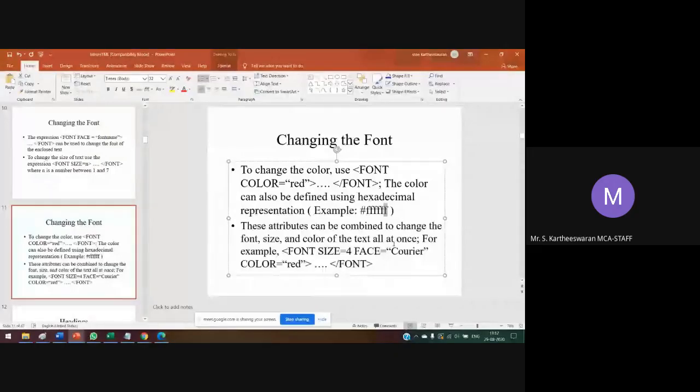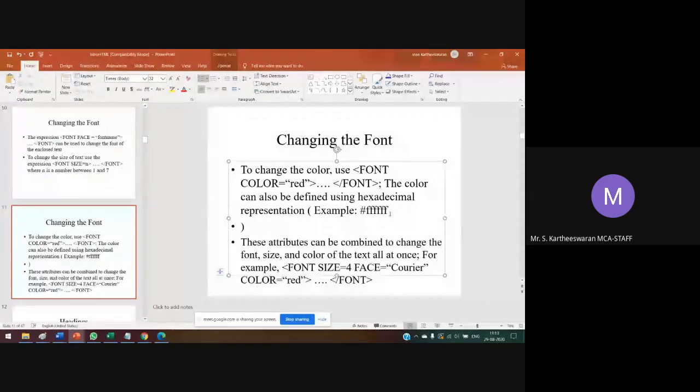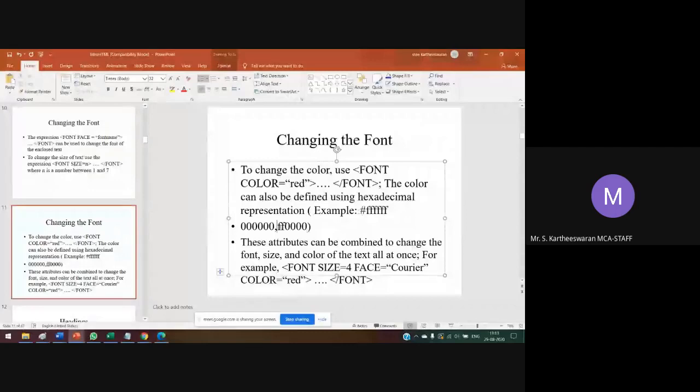If you represent it as 000000, it will look black. If you mention FF0000, it will show your font as red. If you put F in the middle, it will look green. If you put F in the last 2 digits, the font shown on the page will be blue.